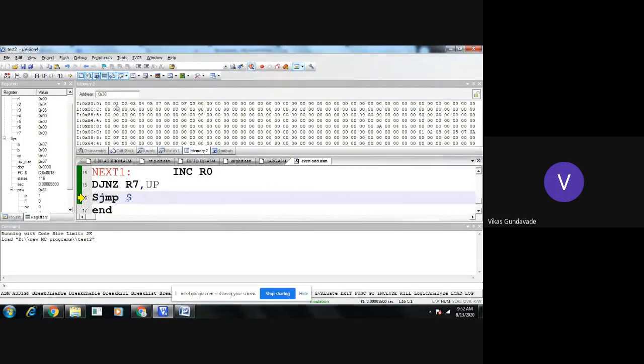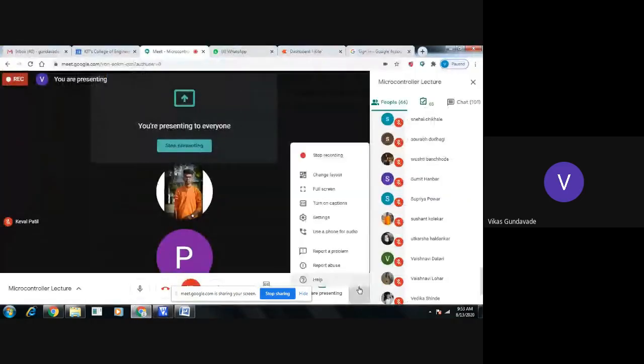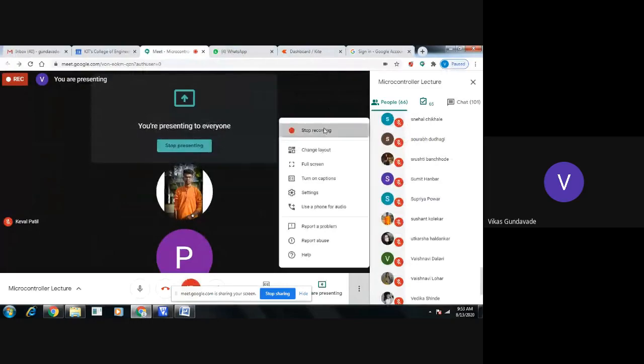Then 2, 4, 0A and 0F are even numbers, so R2 becomes 04, and 00 is neither even nor odd. Okay, so from the block of 10 numbers, 4 numbers are even numbers and 5 numbers are odd numbers. So that result we have got into registers R2 and R3. Okay. Everyone understood it? Okay, so we will stop here.